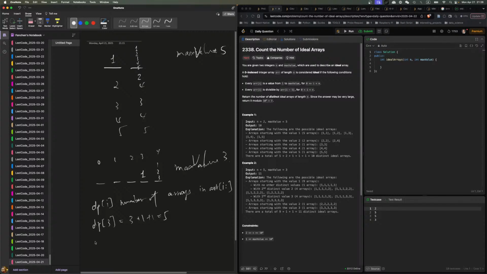It's dp[3]. Now dp[2]. So dp[2], if I go 1, then I can do 1, and I can do 2, and I can do 3. Ooh, shoot. Okay, so I think it has to be 2 dimensions. Okay, that's fine. And n is pretty small, so it's possible. So dp[i][j] then